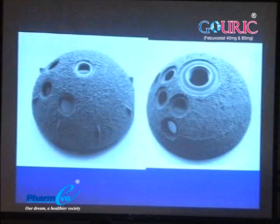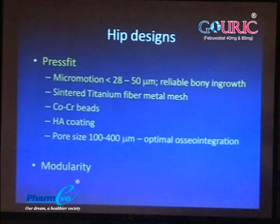and then it becomes a bigger defect. Similarly, we've done away with these dome spikes, and if the pore size is too much, more than 400 micrometers, then there is not much good stability. The bone ingrowth is not that good. Similarly, micromotion, once these cementless implants are fixed into bone, you can imagine the fine line a surgeon